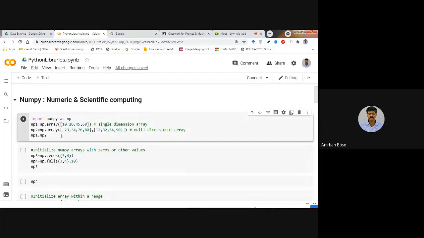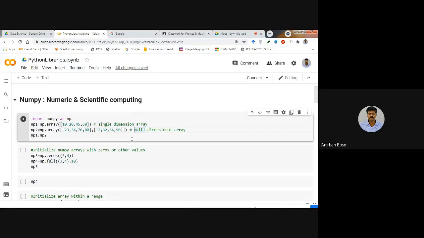So see carefully how many square brackets and how many parentheses there are. So np.array, definitely there will be parentheses, and after that, within a list there are two elements, and each of the elements is a list. One of the lists is 23, 34, 76, 80. Another list is 12, 32, 54, 90. So look carefully at how we are creating a multi-dimensional array.